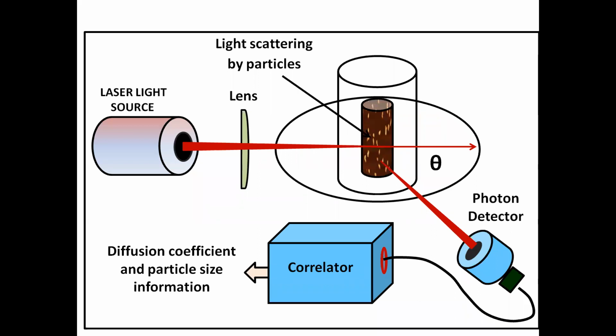We are not interested only in capturing at one angle; we are interested in capturing at various angles. We are not interested here in counting how many particles there are. Our interest is the size of those particles and the frequency of particles coming in different diameter ranges. In this way, the diffusion coefficient and particle size information come through the correlator and are sent to the computer, and the processor processes this information in the form of graphs in whatever form you want, with the help of appropriate software.